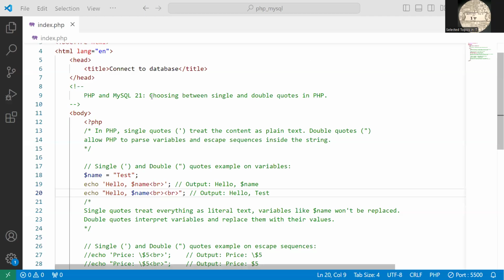In this video, we'll be talking about how to choose between single and double quotes in PHP. The choice between single and double quotes in PHP really depends on how you want PHP to handle the content inside the string. Here is the difference. In PHP, single quotes treat the content as plain text, whereas double quotes allow PHP to parse variables and escape